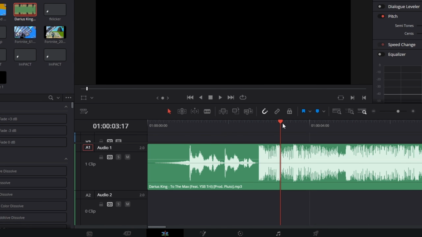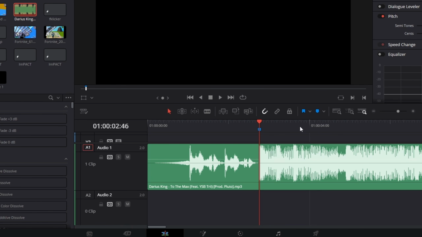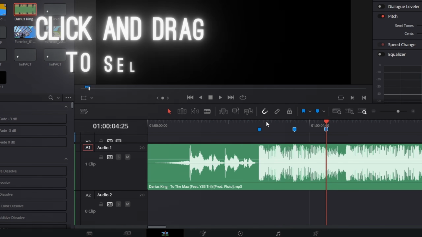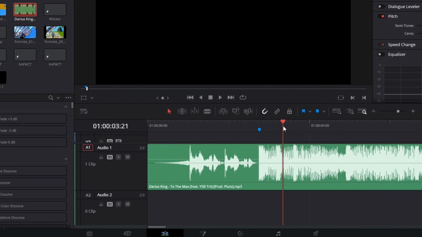the beat drops. So I just heard a beat drop. I'm going to go back and press M on my keyboard, or whatever button you have to mark it. I think this is a marker button, but you don't use this button. You can use M on your keyboard. You can drag to select, press backspace to delete markers, but basically just go through and mark every single